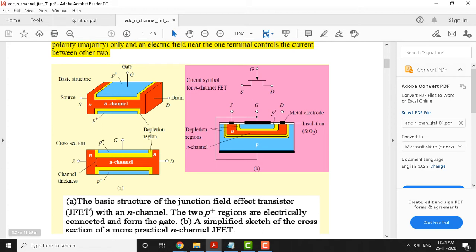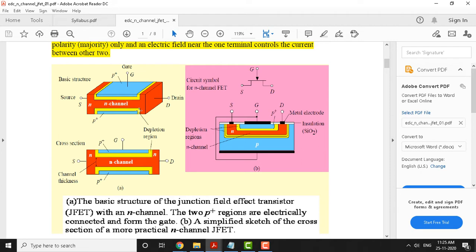Why is it called a junction field effect transistor? There is a junction here. The junction is a word we have seen in a diode, the PN junction: between the P and N there is an interface that we call a junction. The same thing here: the yellow color is the depletion region, and the blue color is the P plus, and there is an N type here, which forms the P-N junction.